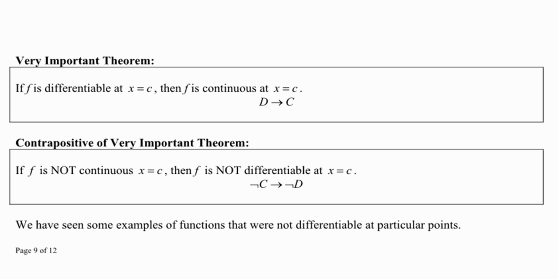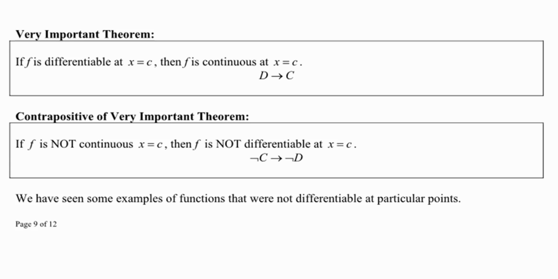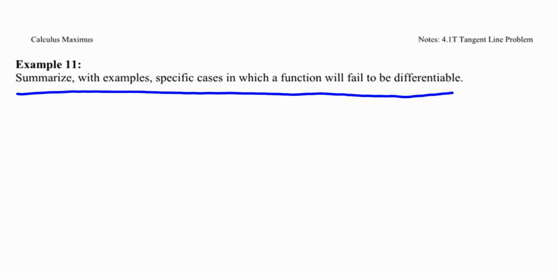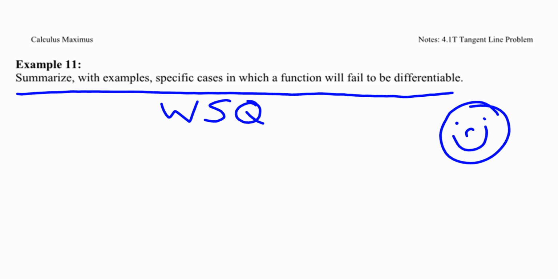Down here we have some very important theorems. So if a function is differentiable, then it is continuous. Okay, it doesn't work the other way around. If it's not continuous, however, then it's not differentiable. So what I would like you to do in your WISC for tonight is to summarize specific cases when a function will fail to be differentiable. Okay, we've seen 3 different cases, and I'd like you to mention those in your WISC. Do a couple practice problems, have